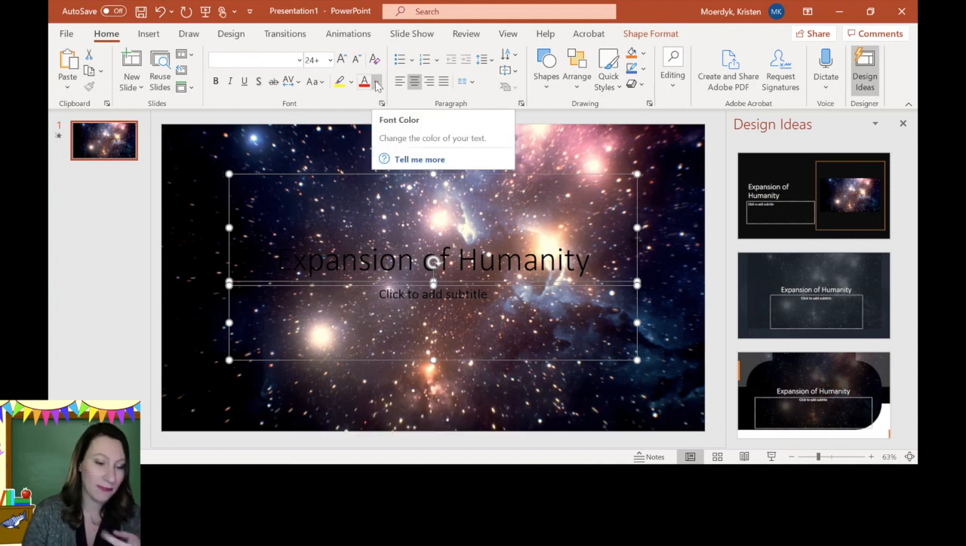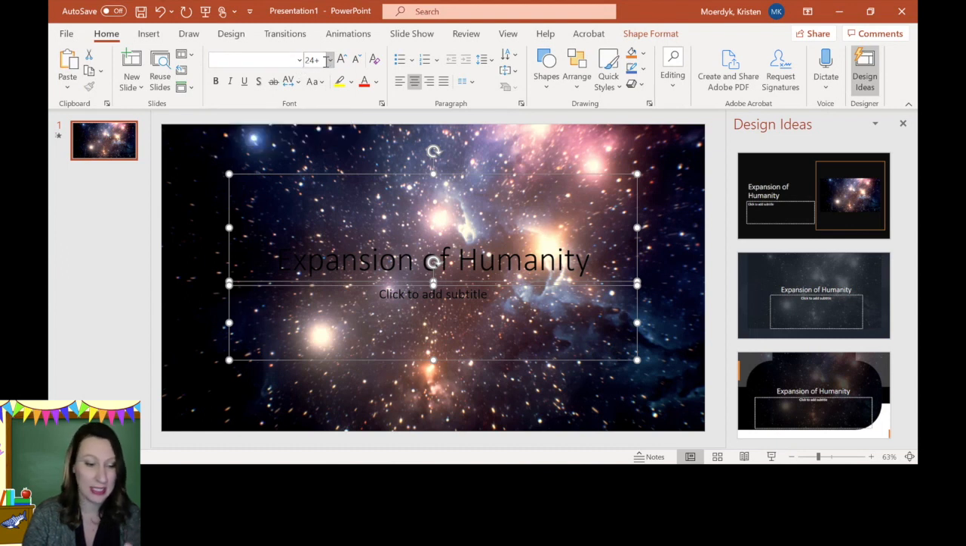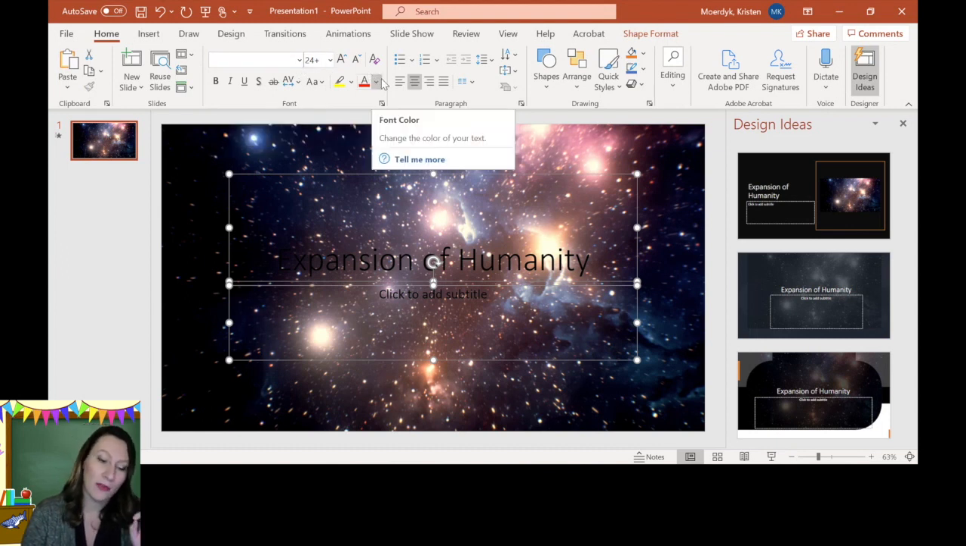I'm going to go up to this font color up here. So under the home button, there's font, and this is where you can choose the different fonts and the sizes. But right now I want to focus on the color, font color. I'm going to drop down this little V here,